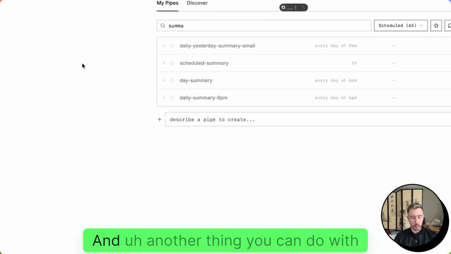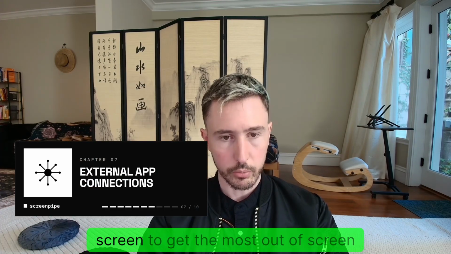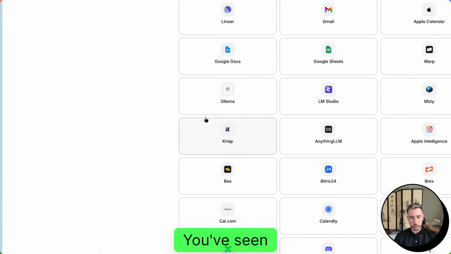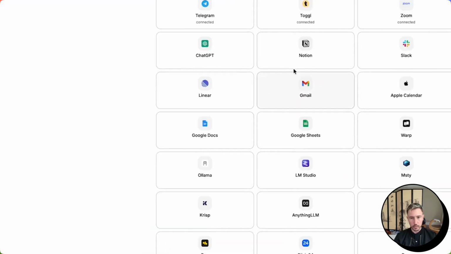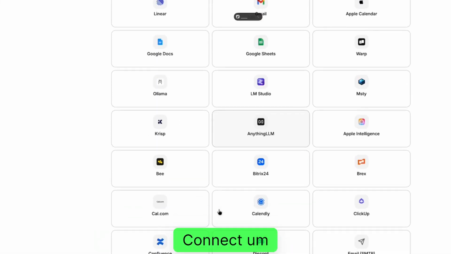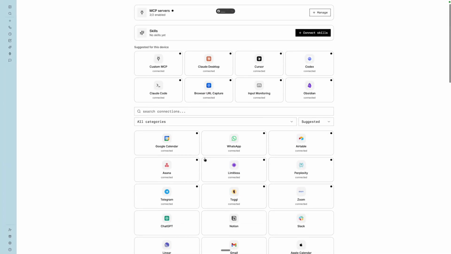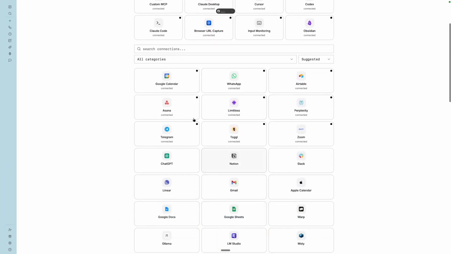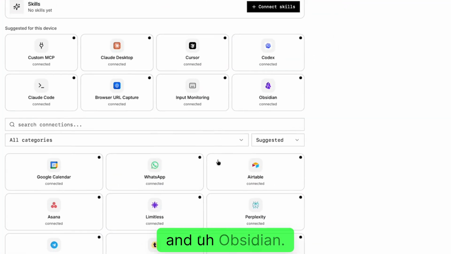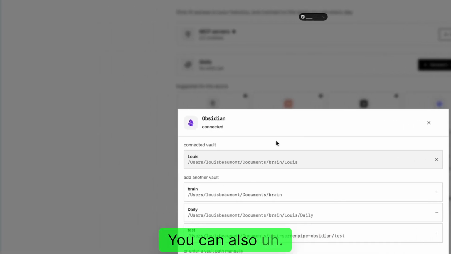And another thing you can do to get the most out of Screenpipe is connect apps, as you've seen, apps you are using. Notion, connect to Notion. I like to connect my calendar, you can connect calendar here, and Obsidian. You can also